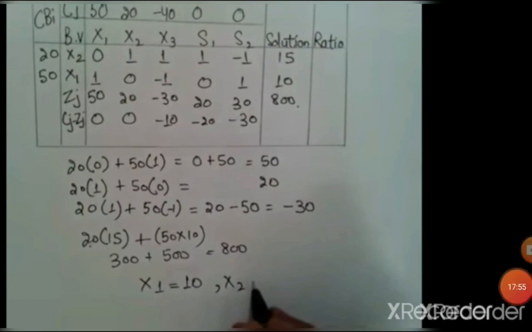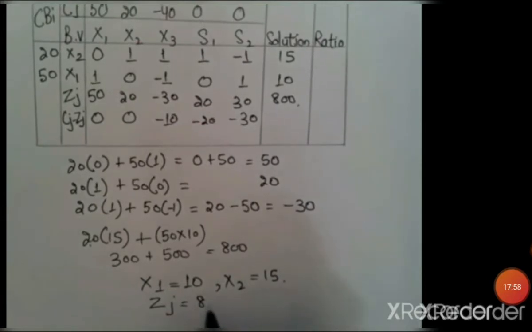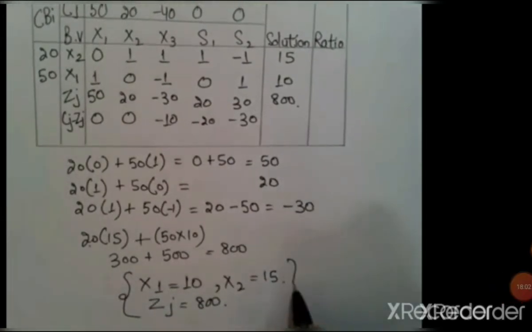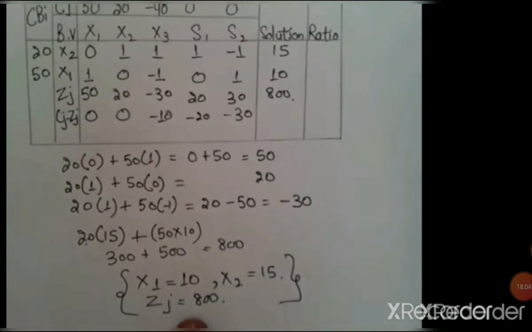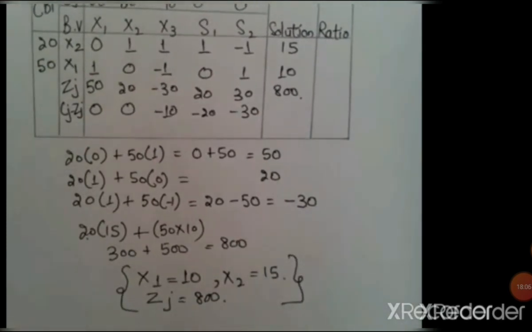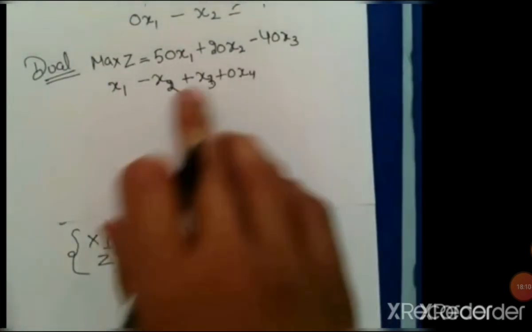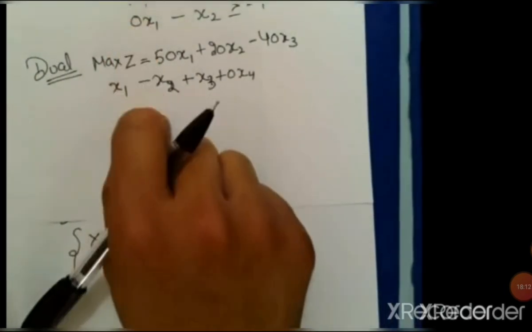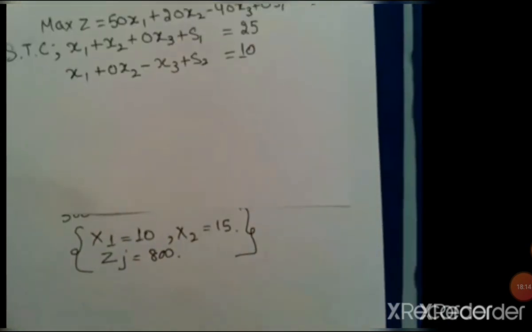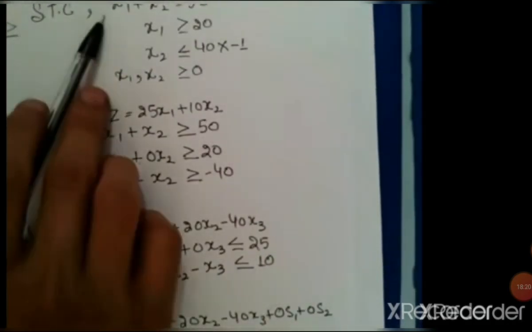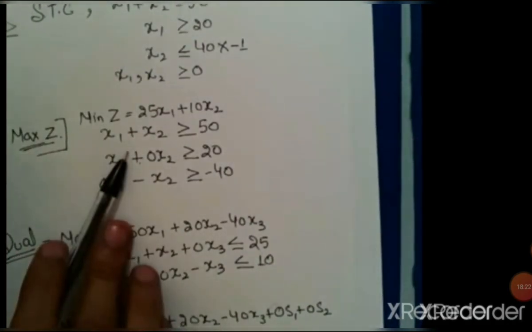So x1 equal to 10, x2 equal to 15, and Zj equal to 800. You can cross check these values. You put these values in the maximize equation and cross check the solution. So you put this x1